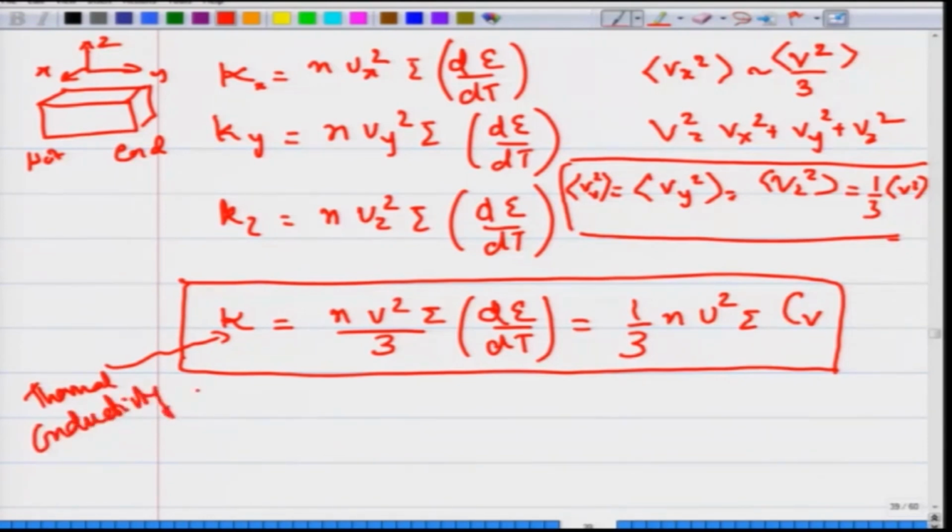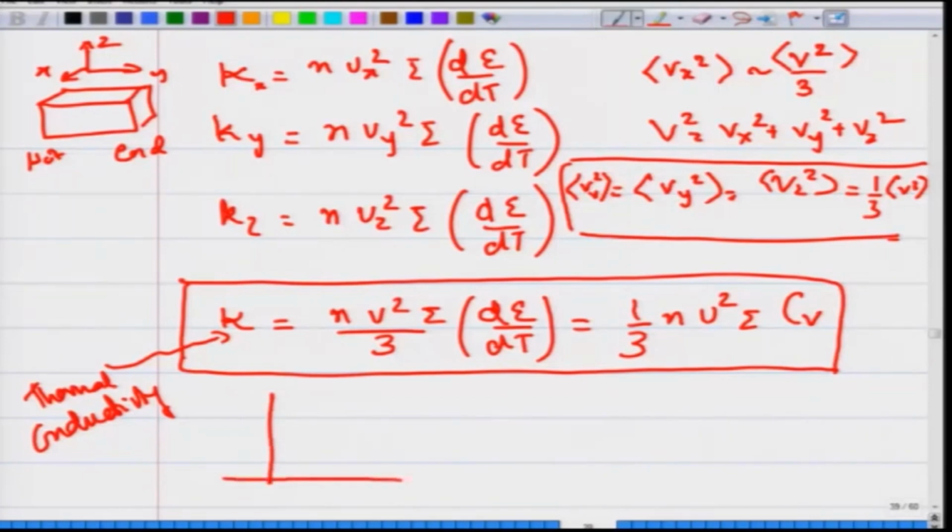And the thermal conductivity of the material was related to the average mean square velocity of the material, the specific heat, the scattering time constant, and the density of electrons. Now, let us try to put in some numbers. If you recall, Drude's theory is the kinetic theory of gases, and in the kinetic theory of gases